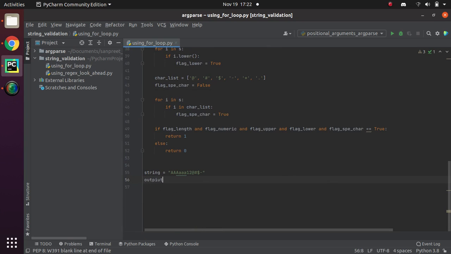When you pass it through this function you will get an output, and the output would be either 1 or 0. So output, string validation. Let's make it true. So validate is a function, and we pass this string: this formal argument is equal to the actual argument, and the actual argument is a string. Okay, and now let's see print